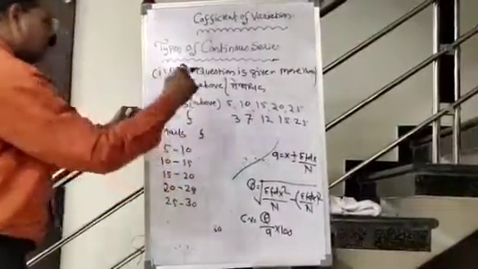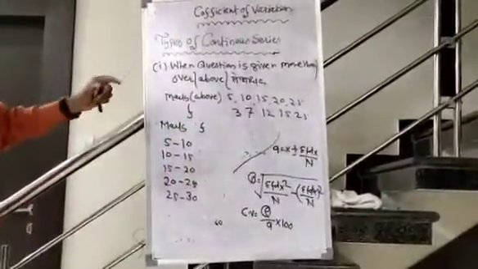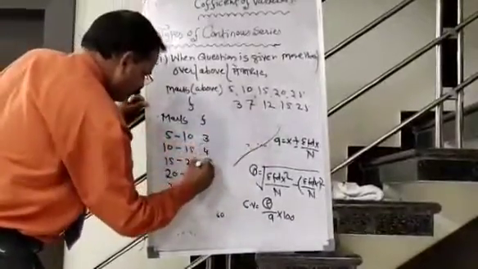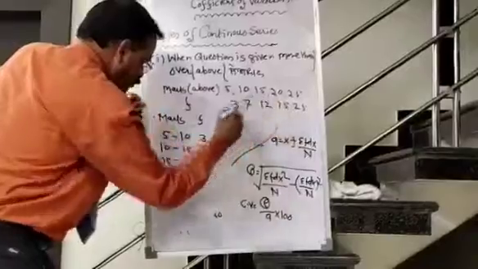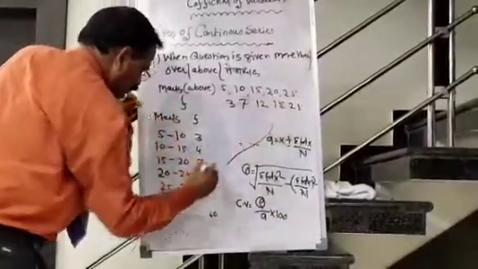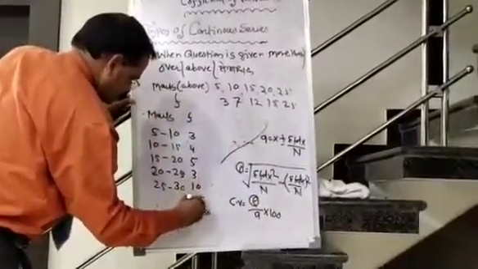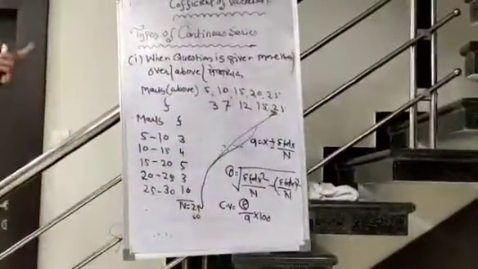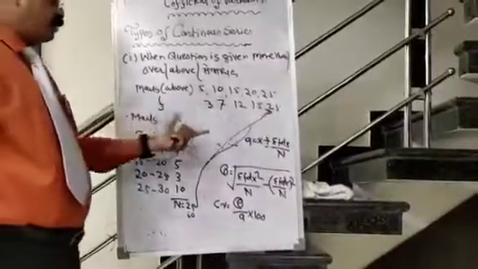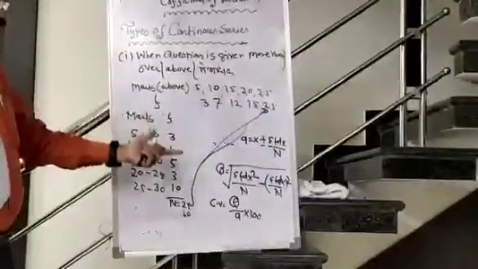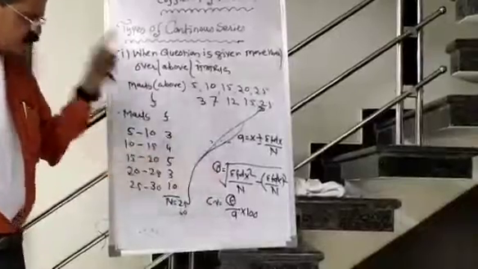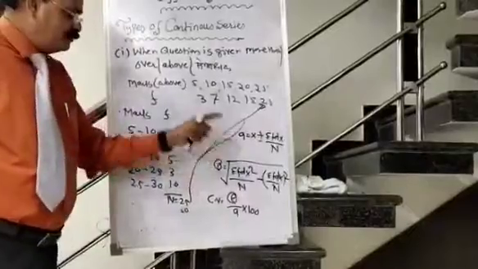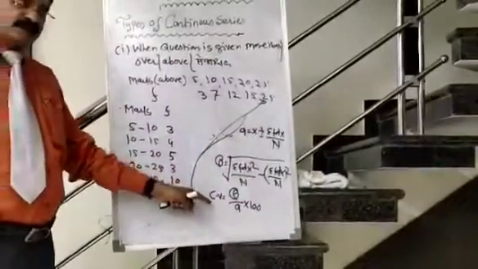After that, if the frequency is given in ascending order, then we should convert: 3, 7 minus 3 is 4, 12 minus 7 is 5, 15 minus 12 is 3, and 25 minus 15 is 10, and this total will be the same as the last frequency. After that we should draw a 6 column table. The first 5 columns we should use for mean, and the 6th column for standard deviation, and from the answers of standard deviation and mean we can find the coefficient of variation.